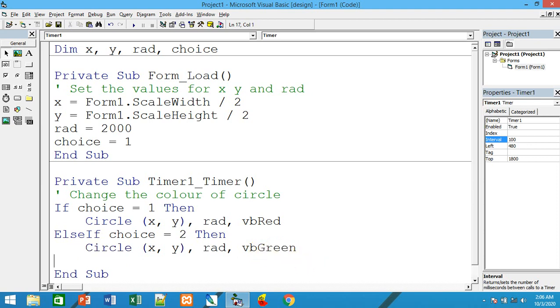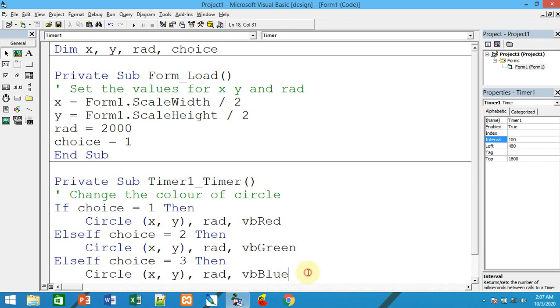Okay. Next, else if choice equal to 3. Choice equal to 3 means the next color, say VB blue.